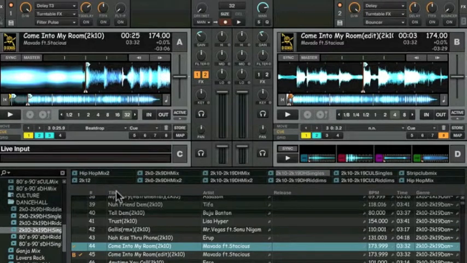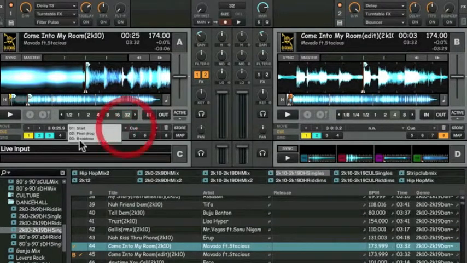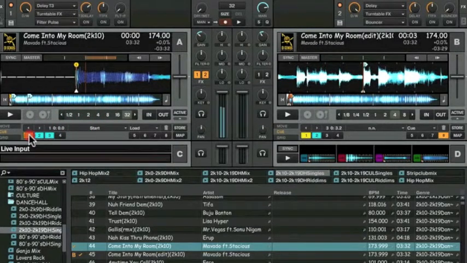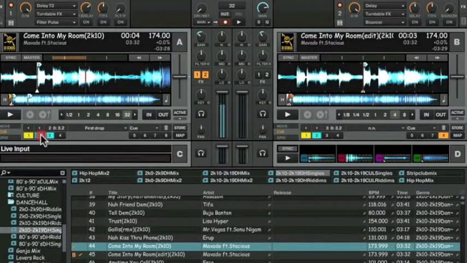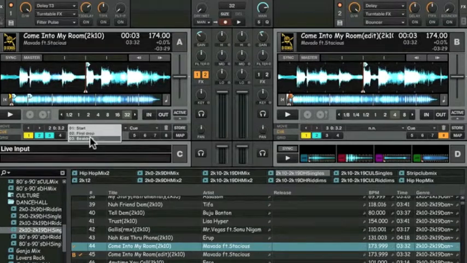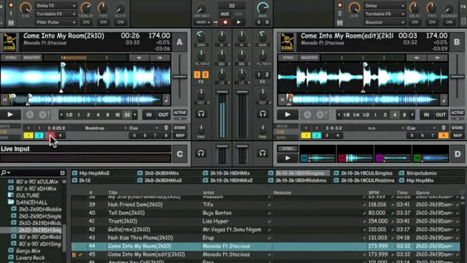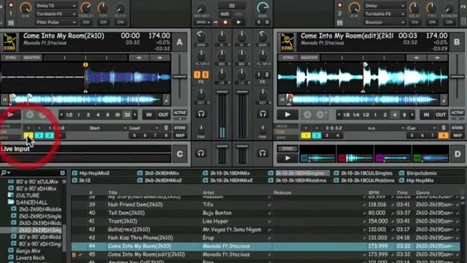There we go. So I come down here. My cue point 1 is called start. Cue point 2 is called first drop. 3 is beat drop. So I come to start, it'll jump me to the start of the song. I come to first drop, it'll drop me on the first drop. Come down to beat drop, it'll drop me on a beat. Pretty simple, isn't it? Or what I've done with a lot of my songs, is, let's say